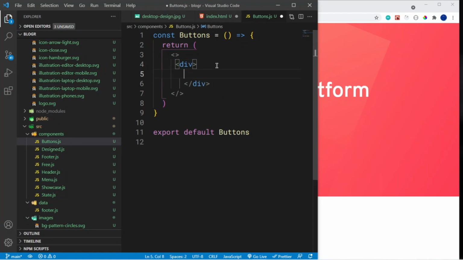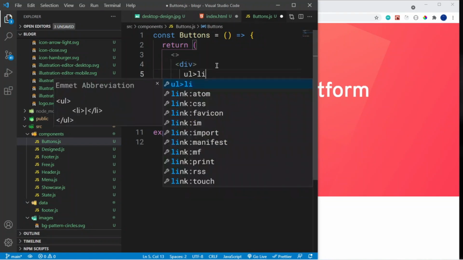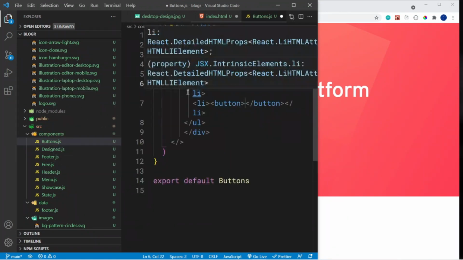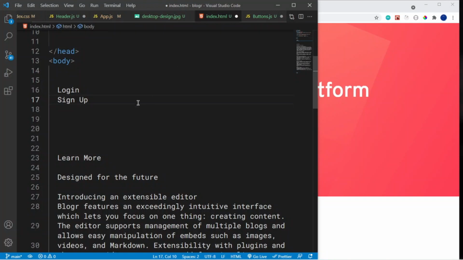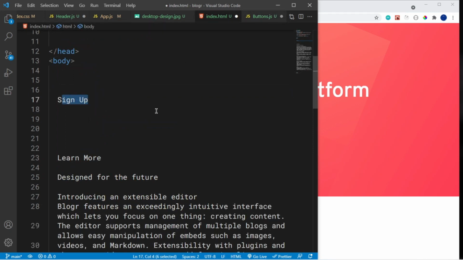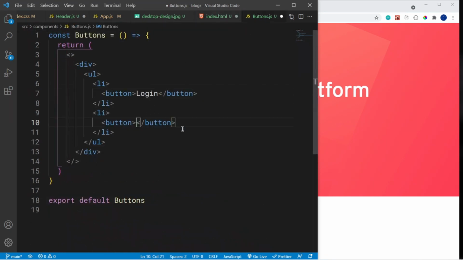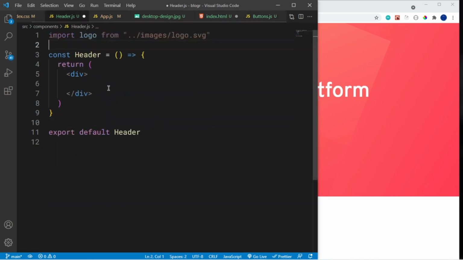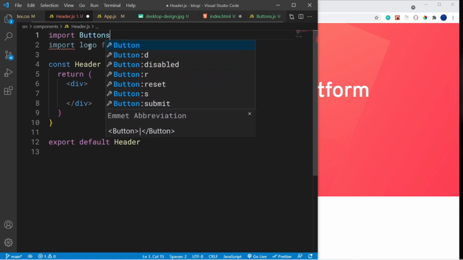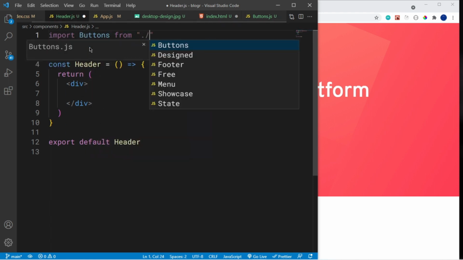like so, and then this div is going to have a ul with two list items, and these list items are going to be call to action buttons. The first one says login, so paste this inside here, and then the second one says sign up. Cut it out and just paste it inside here, save that, and then we need to import this to show inside our header, right? So I'm going to go at the top here, and I'm going to say import buttons from /buttons,